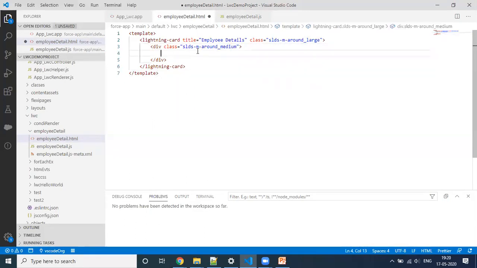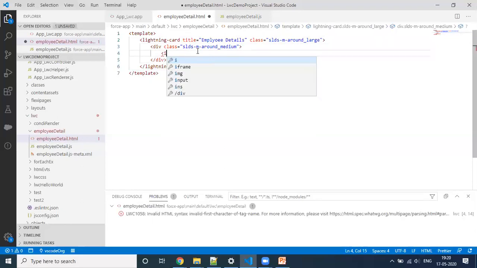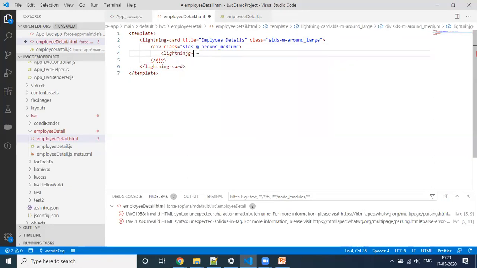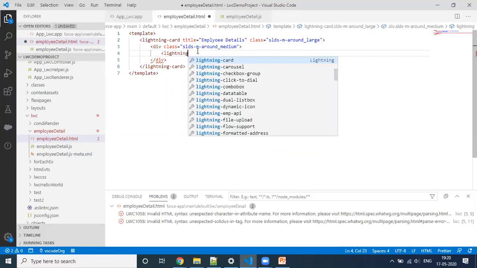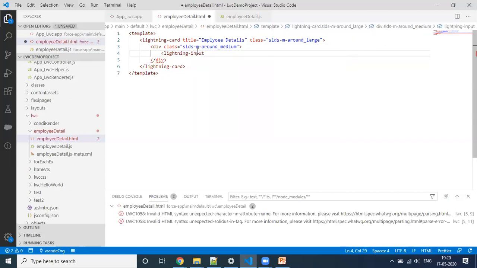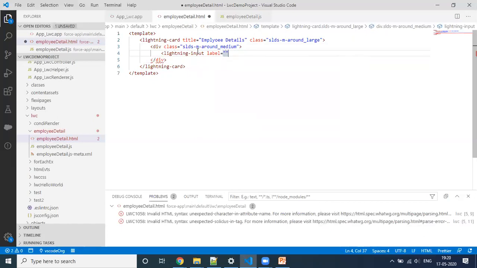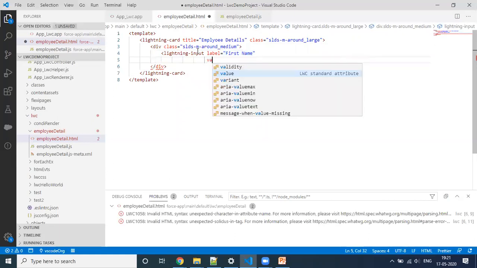Okay, so I'm going to create two inputs, one for first name. And I'm giving a label like first name. Let me define the value, and the value I'm binding is the same.